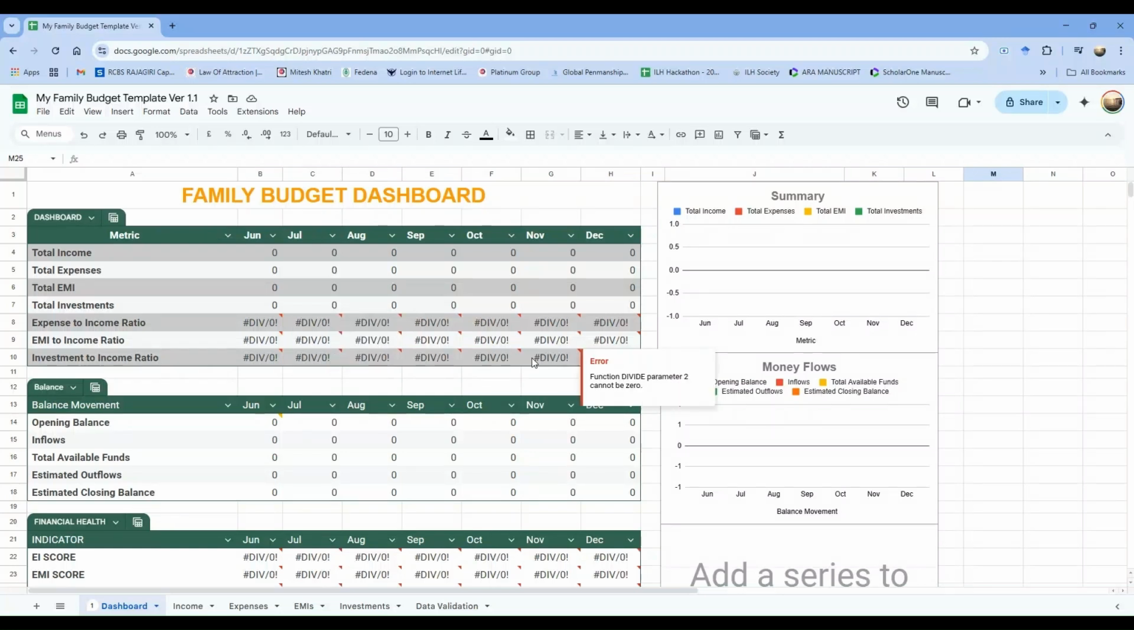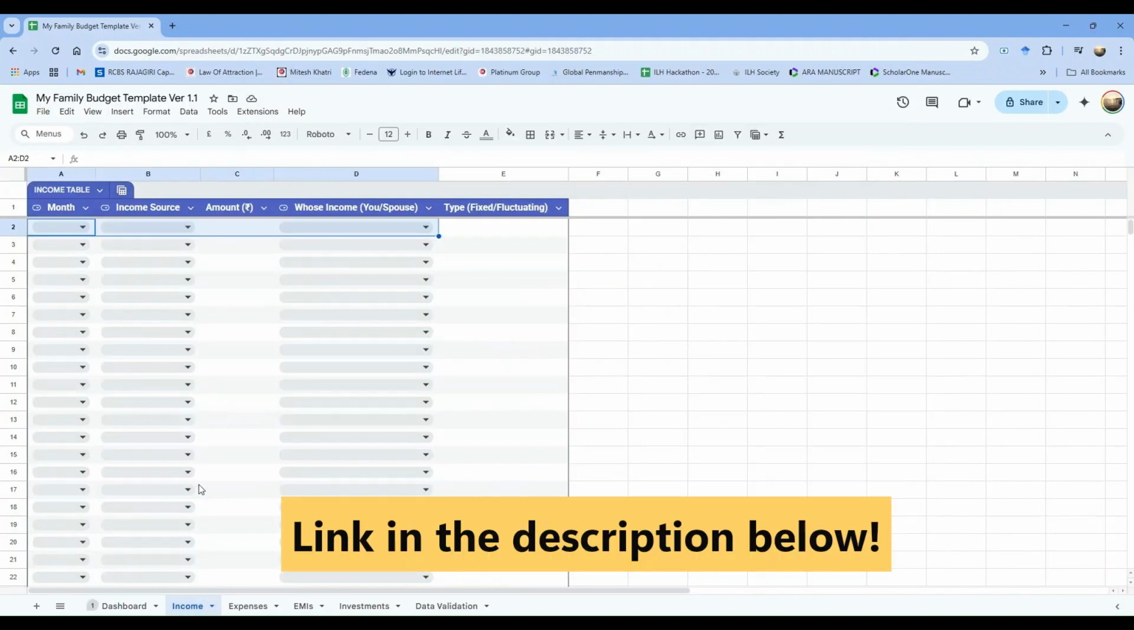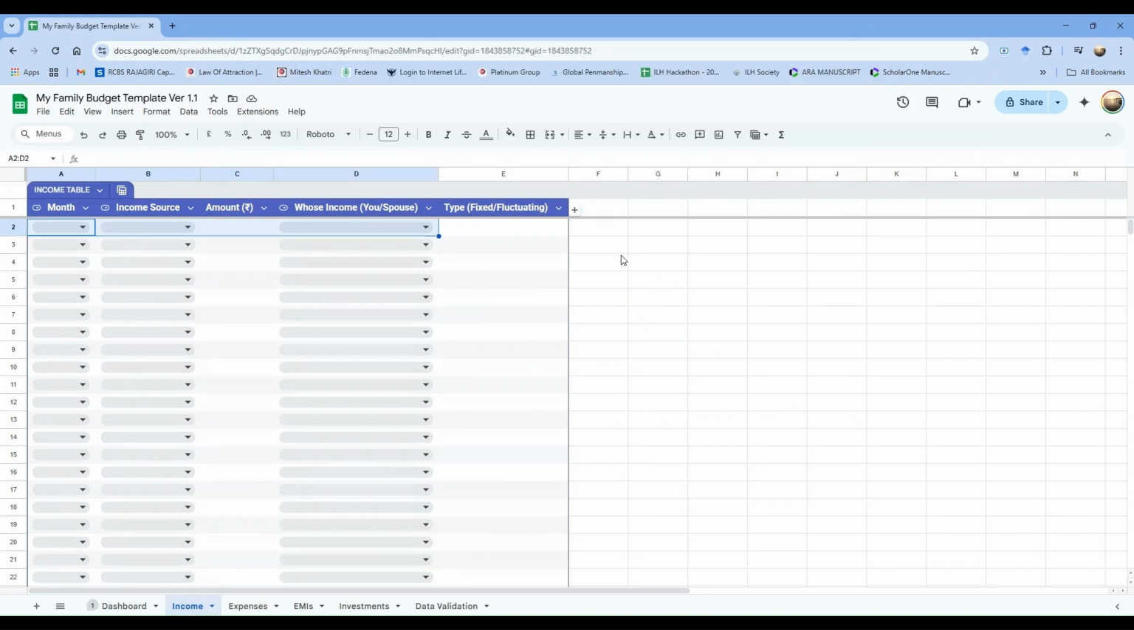So, welcome to this detailed demonstration of the family budget Google Sheet based template. And now we are going to see how this sheet is going to work. So, the first sheet, the first tab or the first spreadsheet is the income sheet where you can provide your